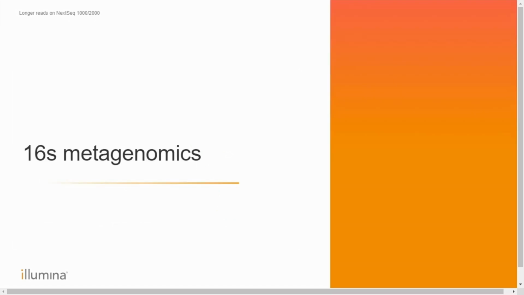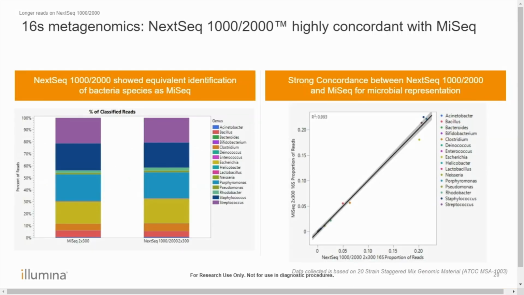Whole genome sequencing of isolates isn't always what you need in microbiology, however, as many times you're instead trying to identify what genus or species compose a mixed sample. That's where common techniques like 16S come in. 16S metagenomic sequencing has been a staple for bacterial identification for years, but for a long time limited to just the MiSeq due to the length of the V3, V4 region of the genome generally amplified requiring a 2x300